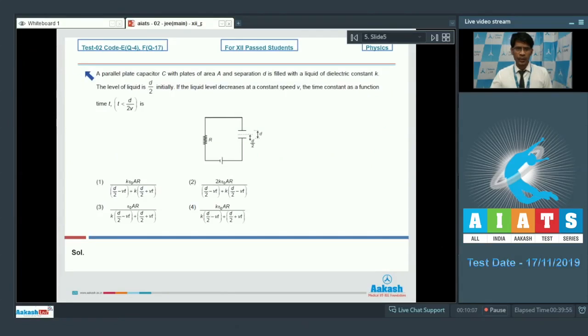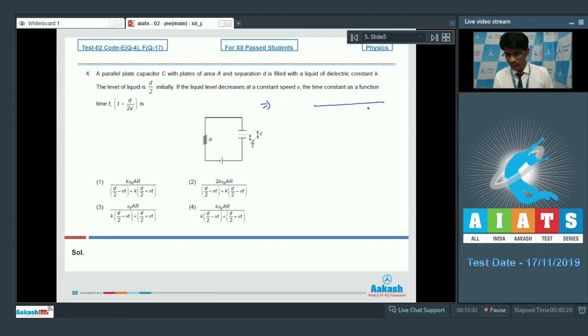Here in question number 4, a parallel plate capacitor C with plate of area A and separation D is filled with liquid of dielectric constant K. The level of liquid is D by 2 initially. If the liquid level decreases at constant speed V, find the time constant as a function of T. We need to find out the time constant for this process, and that happens to be R effective into effective